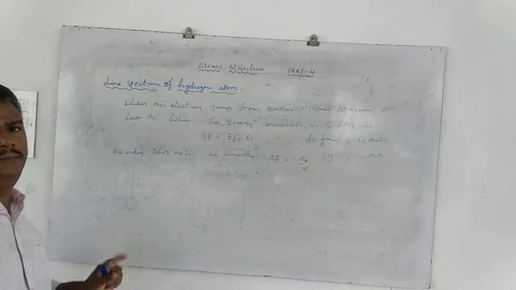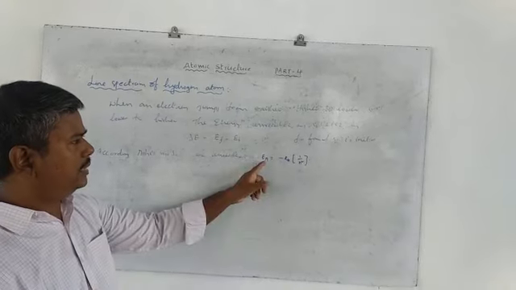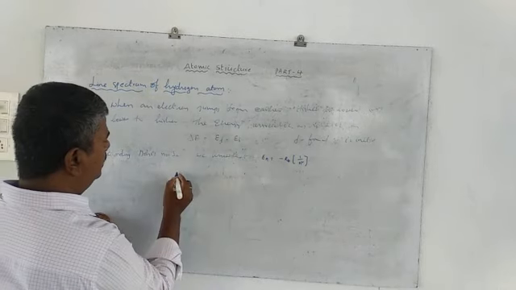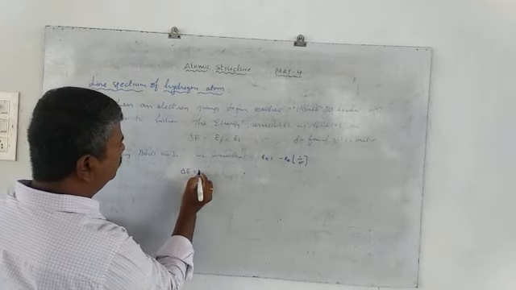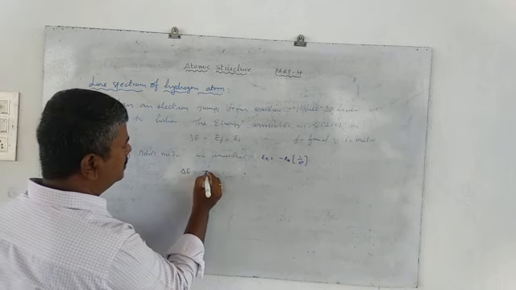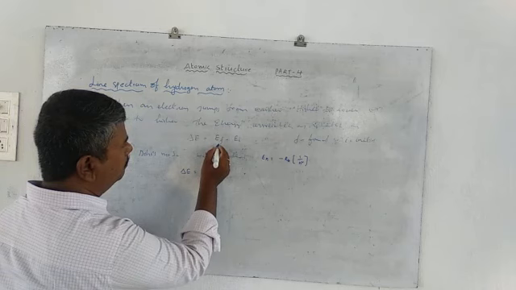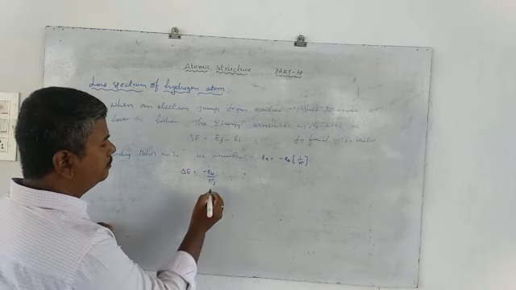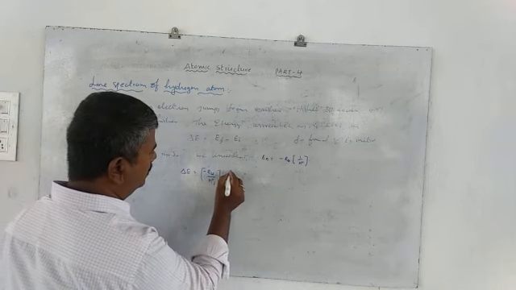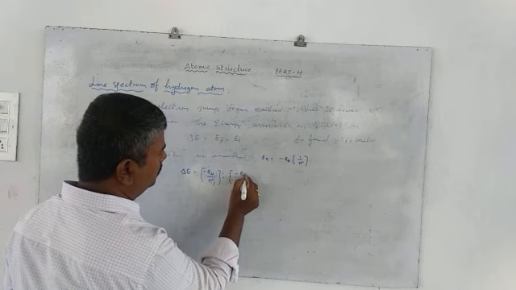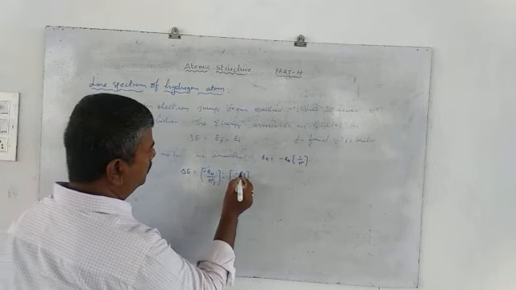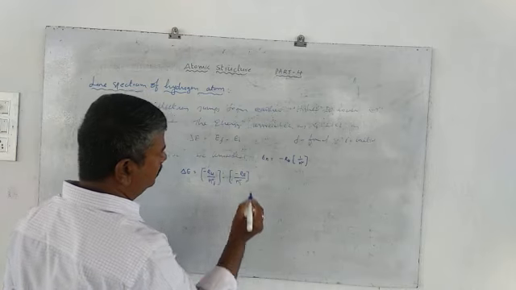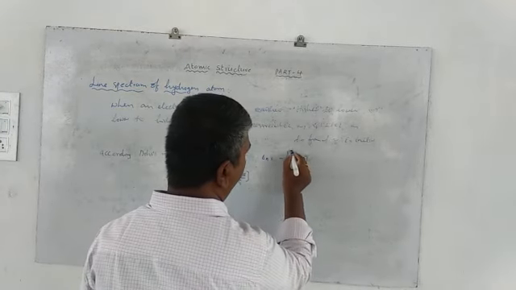Then delta E equal to minus RH by n square F, minus (minus RH by n square I). Remember, RH is nothing but